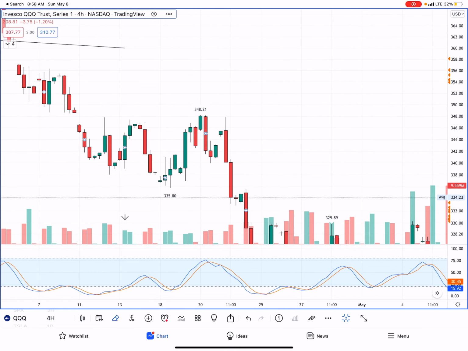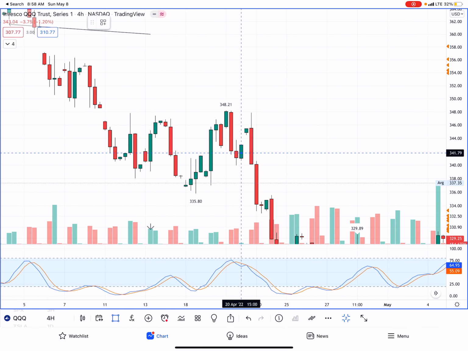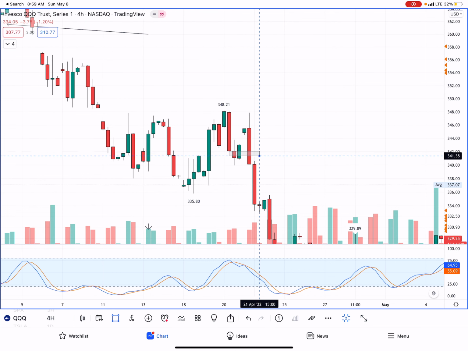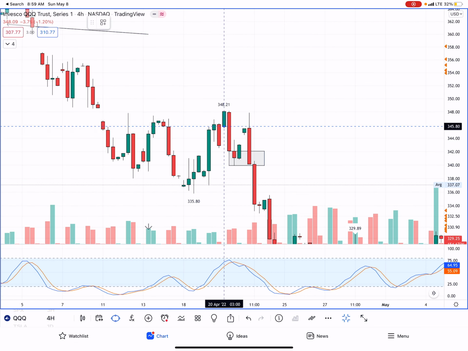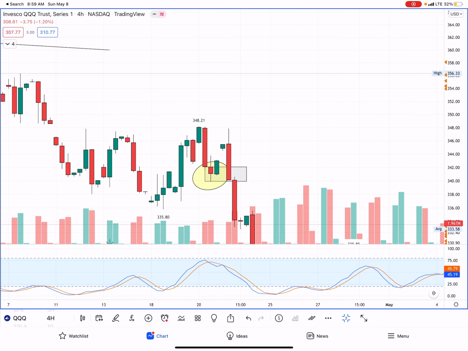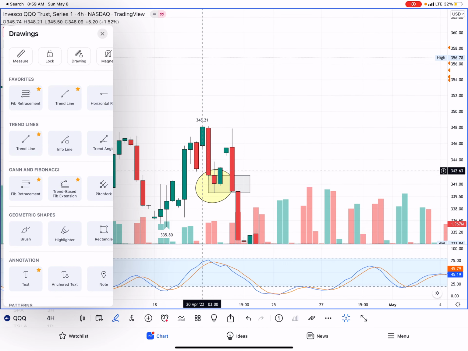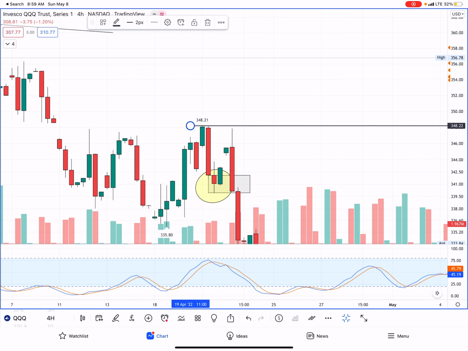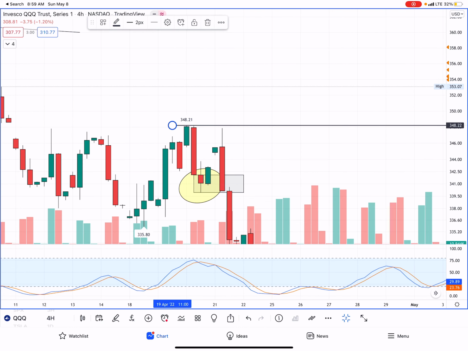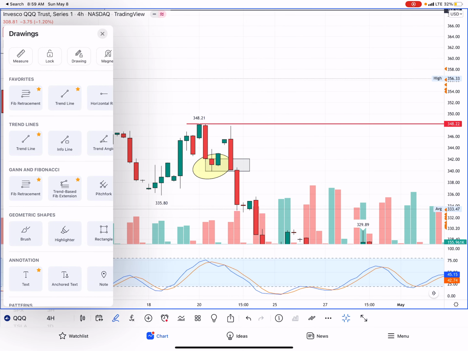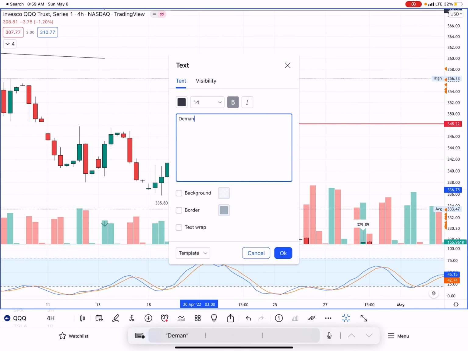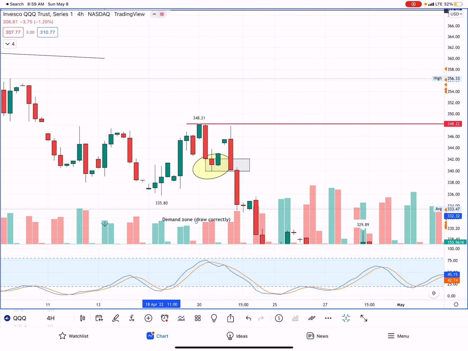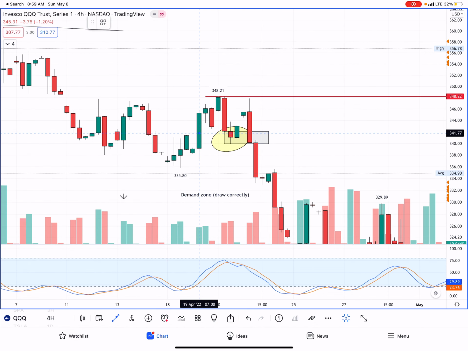And some people would look and say, hey Chris, isn't this supply right here drop, base, rally? Isn't this demand right here drop, base, rally? This level? Well, think about what I just told you guys about the criteria. Did this demand zone take out a previous high? In order for this demand zone to be drawn correctly, the easiest part is